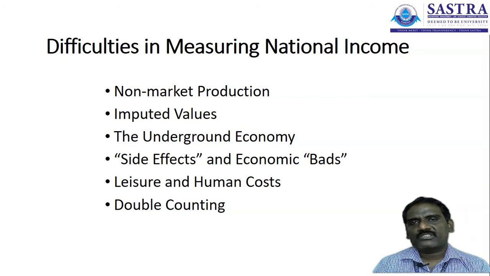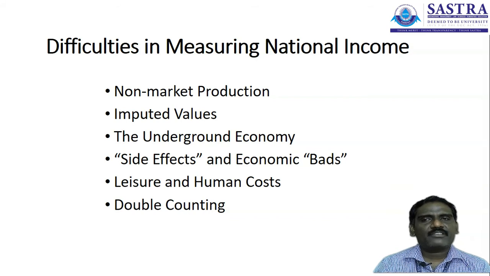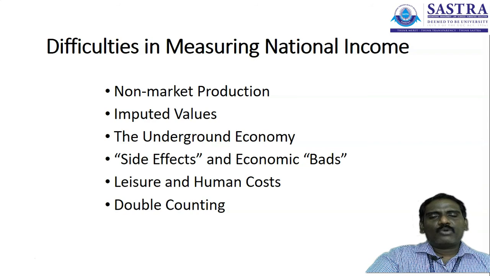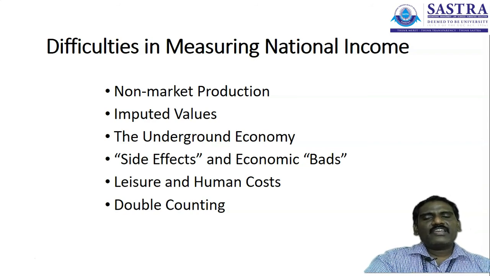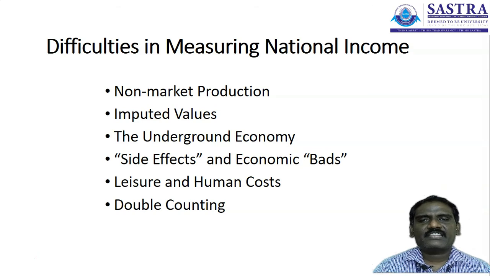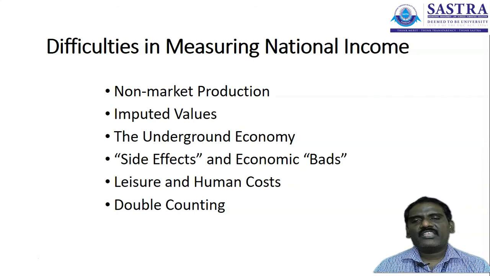The imputed values. Sometimes when people use a particular product, its value is not calculated, so assumptions are taken for the calculation of value, and those assumptions also become a problem. For example, if a person has purchased a house, the rent is calculated: if I rent out this property, what rent might be received? Likewise it is calculated for all the factors deployed in the organization. So there are problems in the imputed value. Either a higher value or a lower value may be calculated, and a lower value also affects the overall economy.